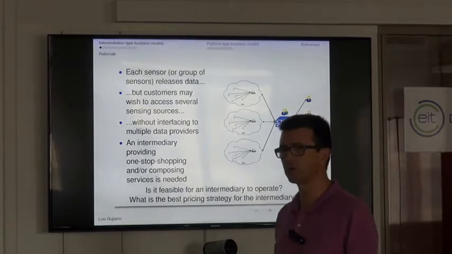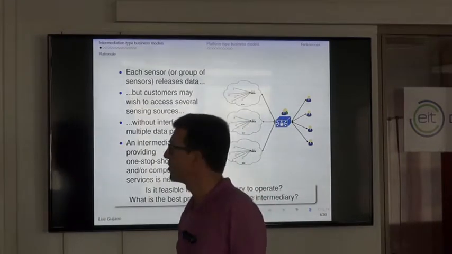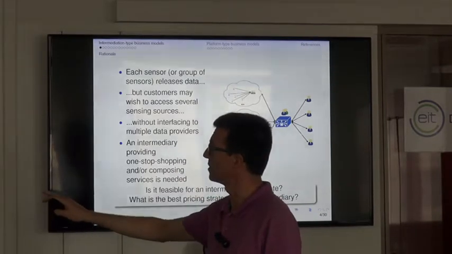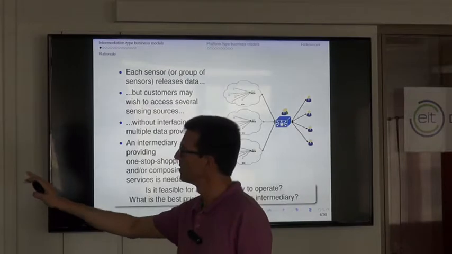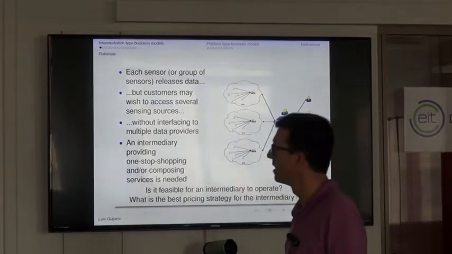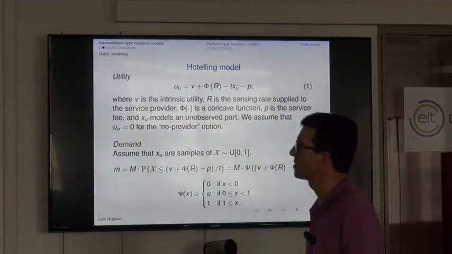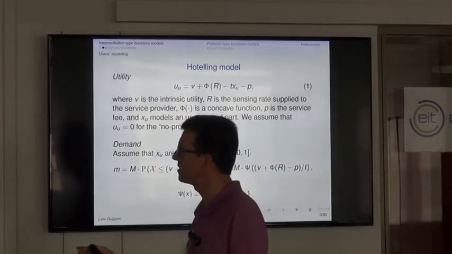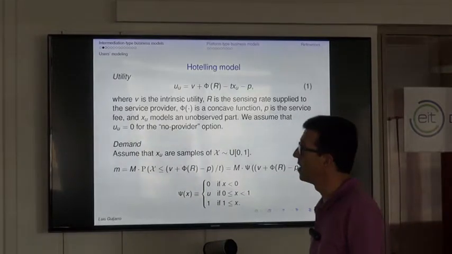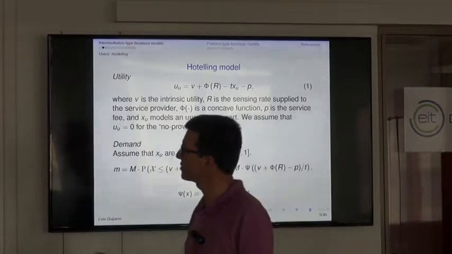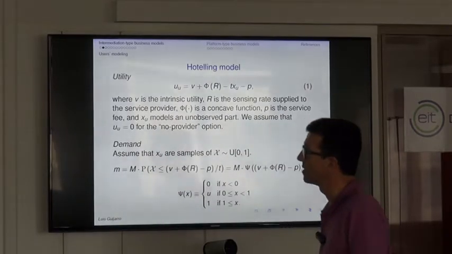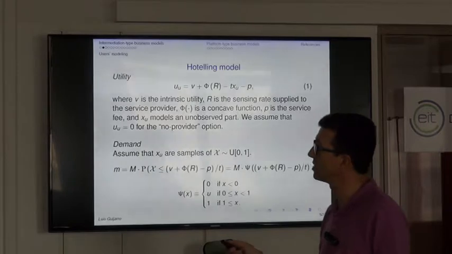to see which sort of models are used for each one of the agents that we have here in this model. That is the users, the intermediary, and the networks. Okay, as far as the users are concerned, I'm here presenting a couple of common models. The first one, which is related to the Hotelling model,